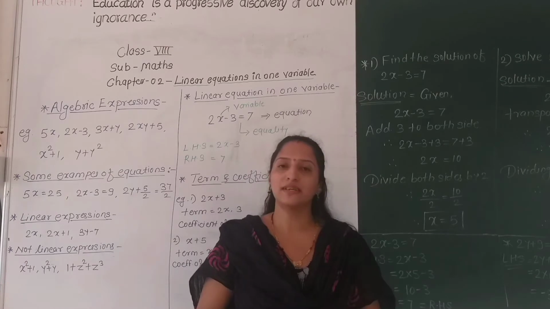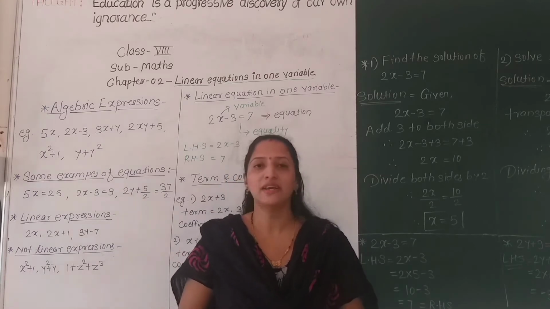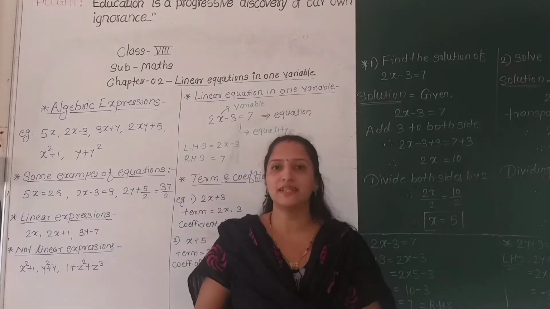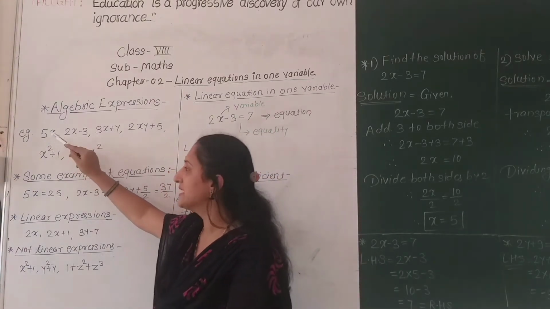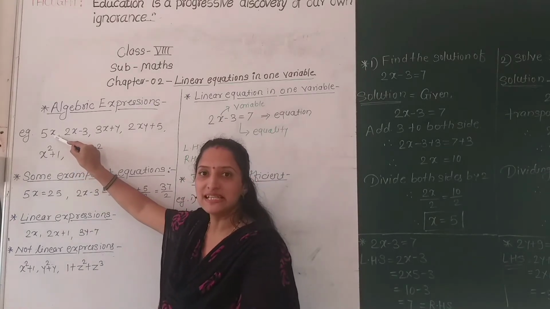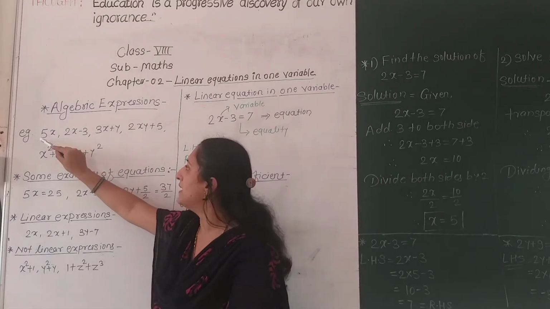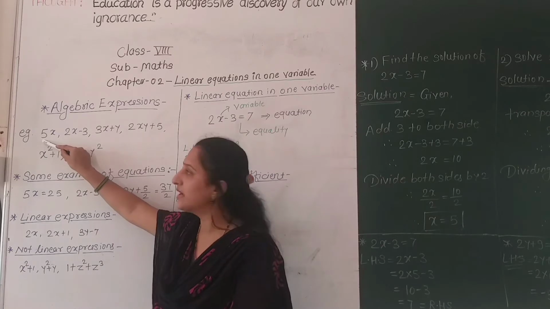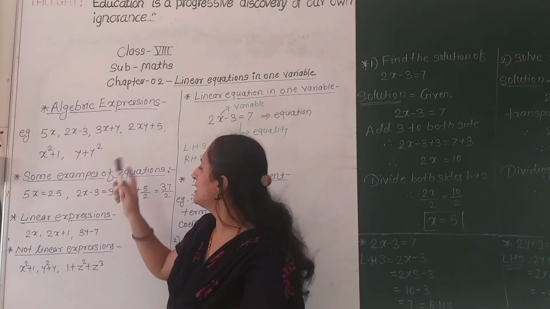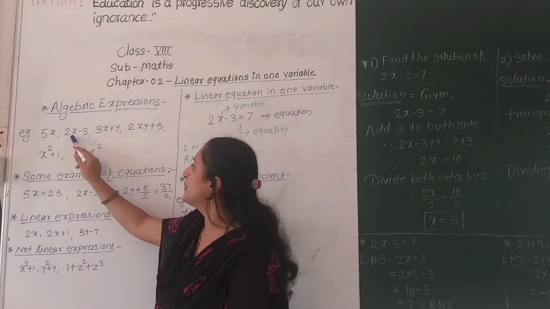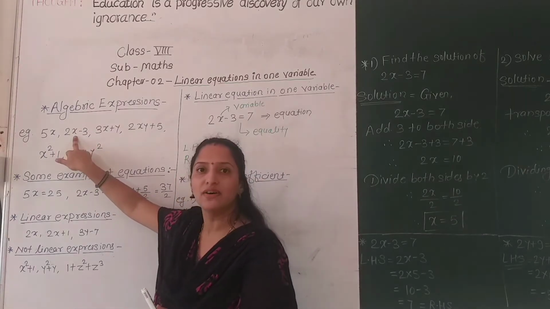All of you know that variables are expressed in terms of alphabets, right? Variables are always expressed in terms of alphabets. So in the expression 5x, x is the variable since it is expressed as an alphabet, and 5 is the coefficient, where the number multiplied with the variable is called the coefficient. Look at the expression 2x minus 3. In the term 2x, x is the variable and